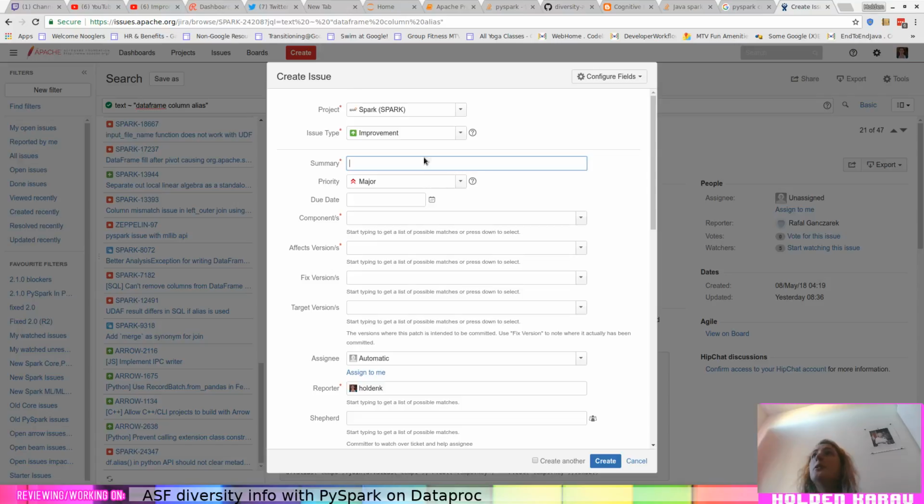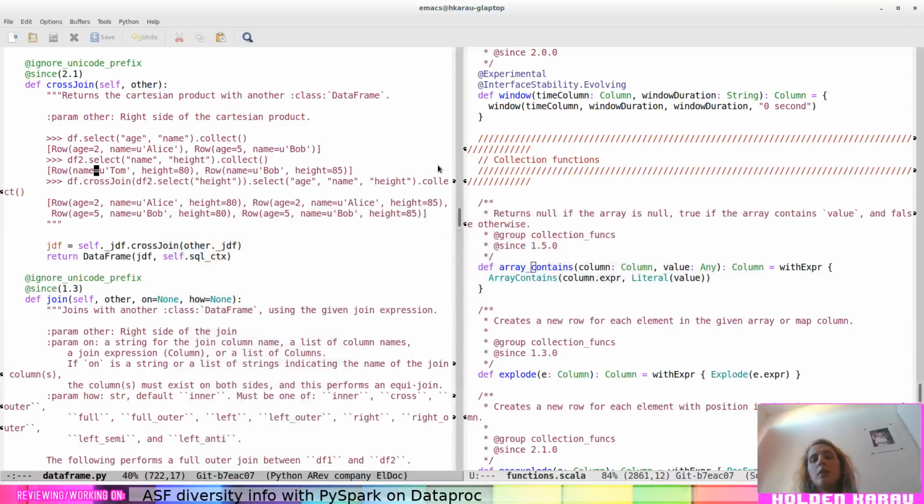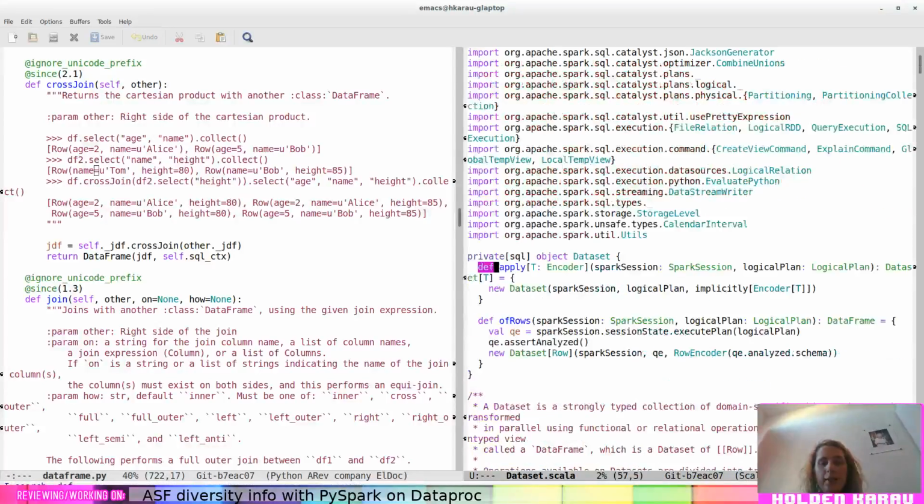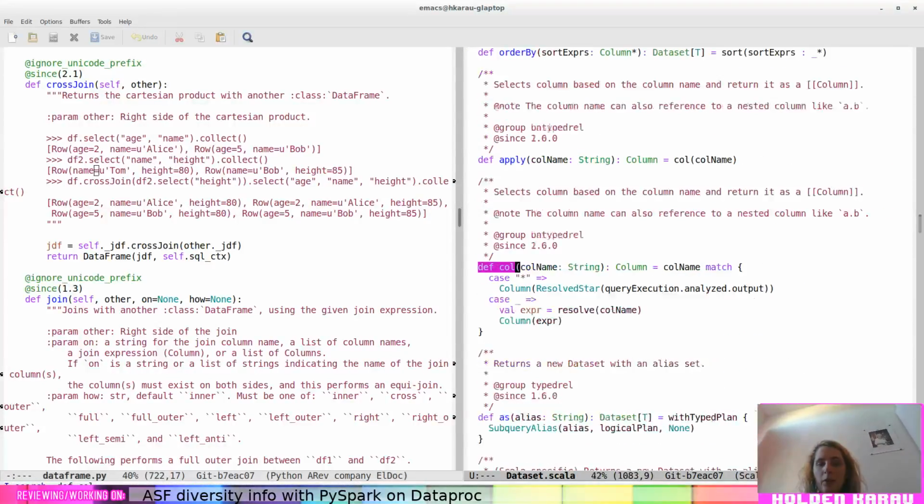And then someone else can maybe fix it, or I can fix it if I get some time. Apache Spark SQL 2.4. Data frame.column. Let's go ahead and actually check how this behaves in Dataset. Dataset.scala def columns.